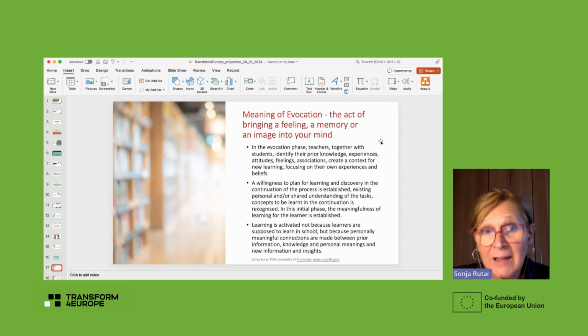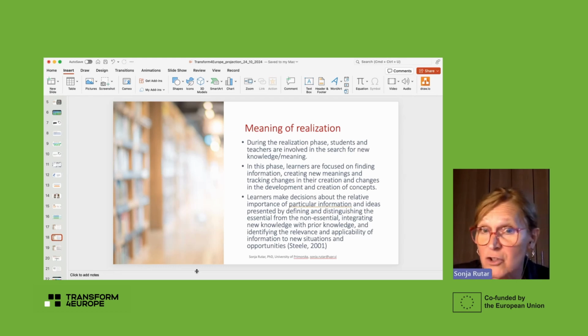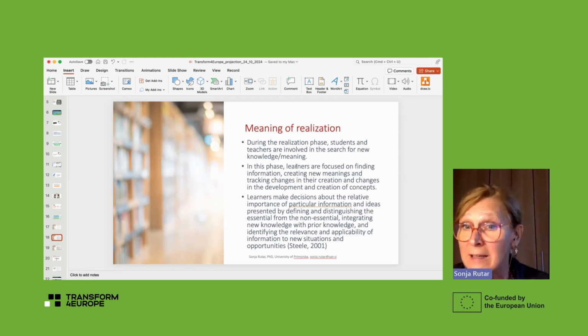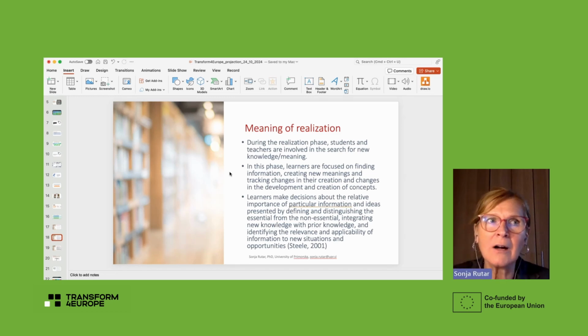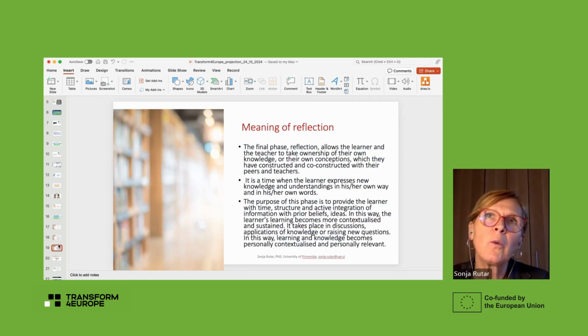And of course, at the end, look, here it is: realization. You see, realization is new, creating new meanings, because meaning is important. It's not covering, remembering, understanding. It's meaning, what it means to me. And then reflection is something which is not how much I remember about this discussion, but what it means